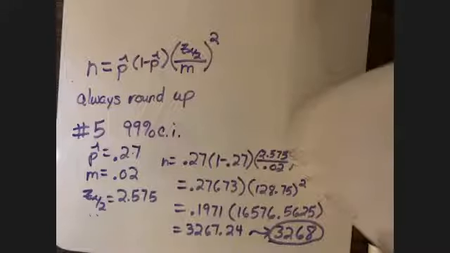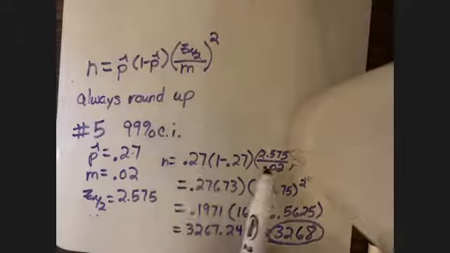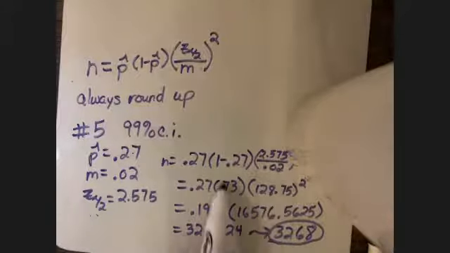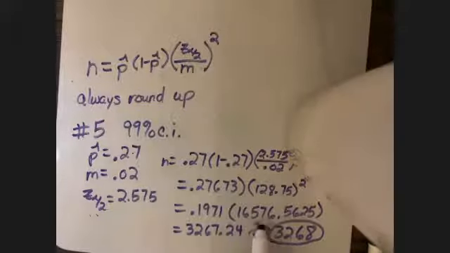Okay. So I took this and divided and got the 128.75. I did this subtraction, squared this, and I got this 16,576.5625 number. These two multiplied together gave me this 0.1971. When I multiplied those together, I got